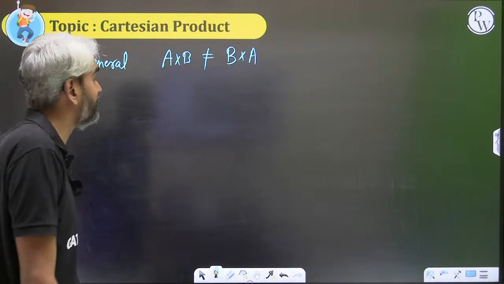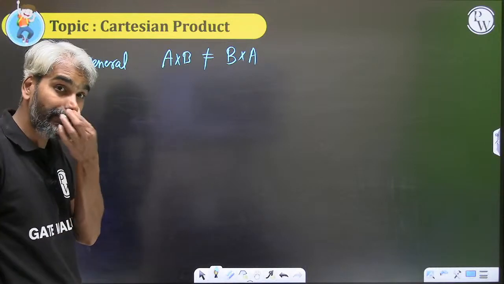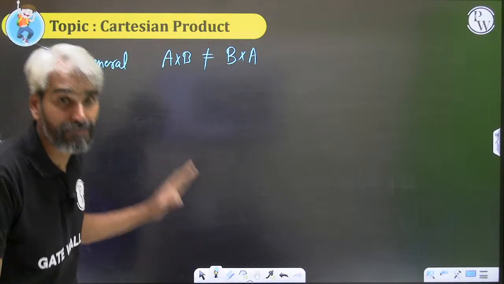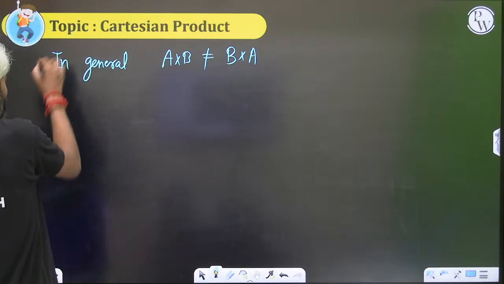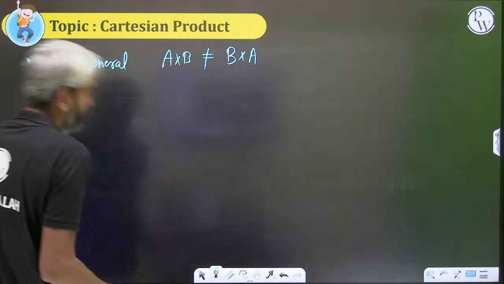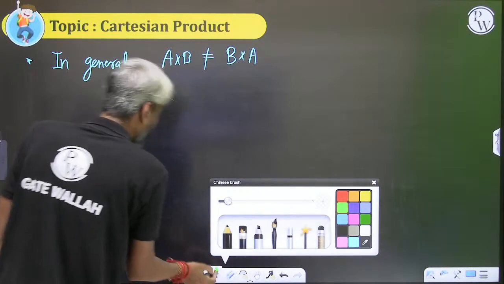If any one of these two sets is an empty set, then the Cartesian product will also be an empty set. So in general, A cross B is not equal to B cross A. What can we say? If